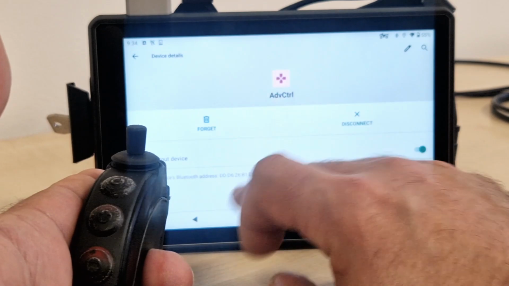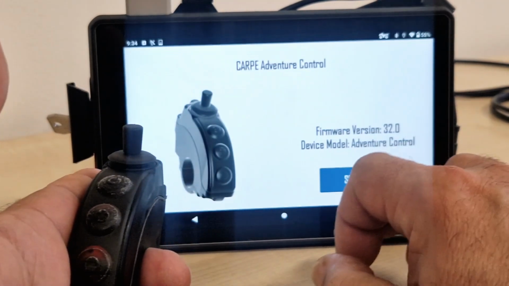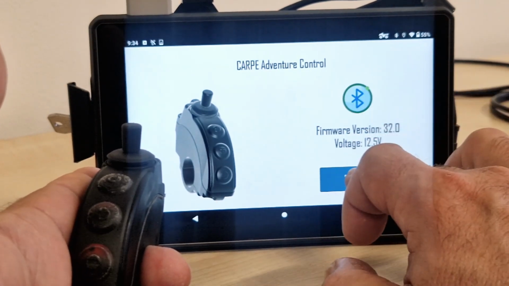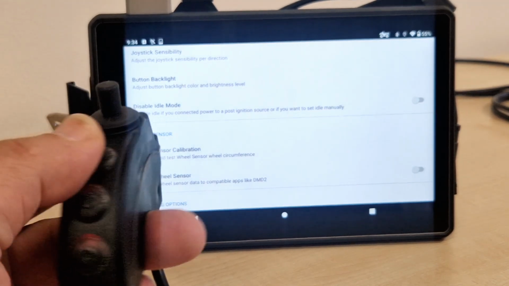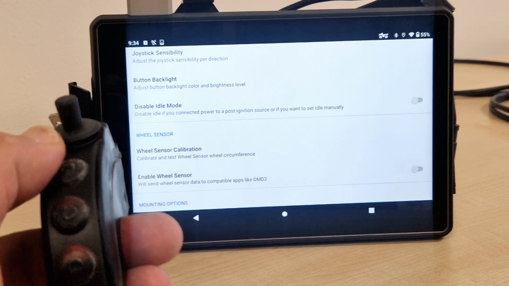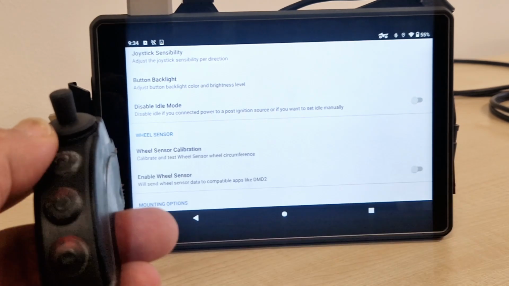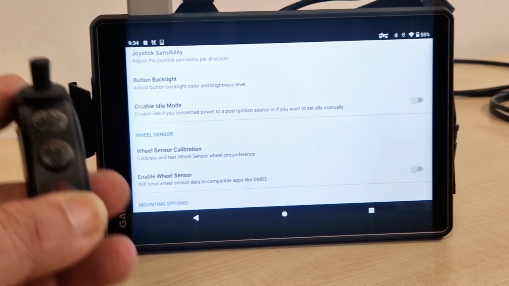Yeah, connect it, Adventure Control. This is the abbreviation for Adventure Control. That's our device. And another thing I wanted to mention is the idle mode. The controller is switching off essentially. It's not really off, but the consumption is in nanoamps. So it's really negligible.